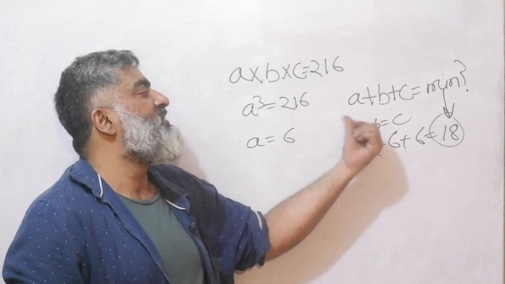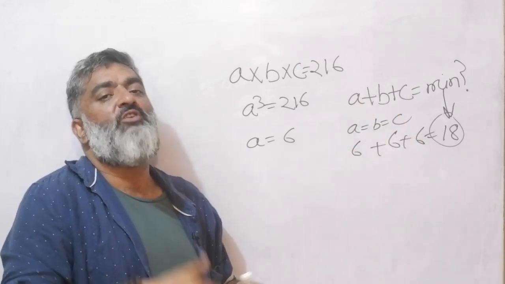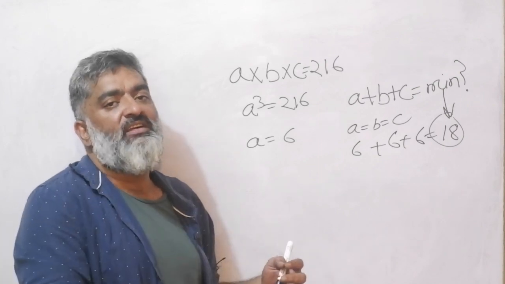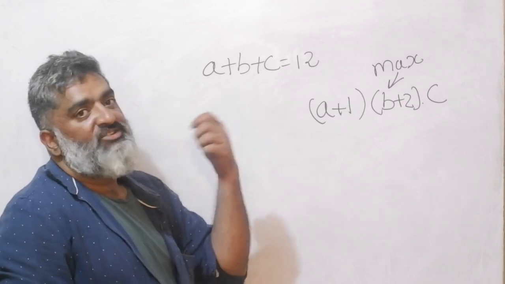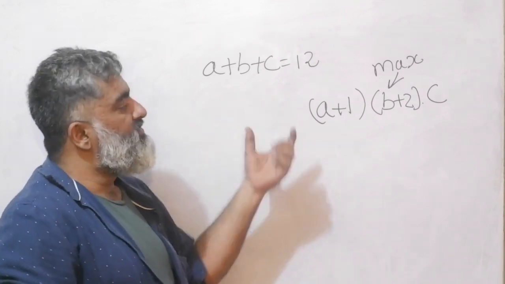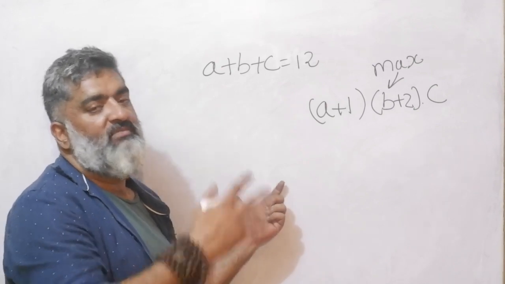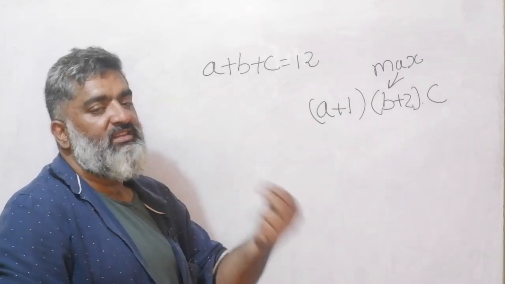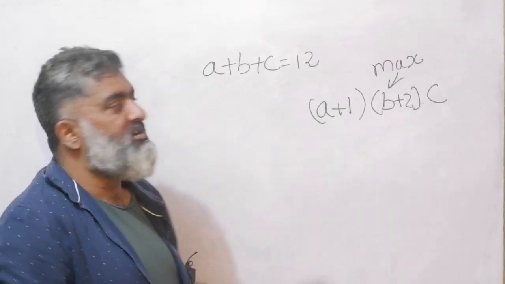If I start throwing in A plus 1, B plus 1, it will get slightly tricky, but then again it will be a game of using an idea and applying it in various situations, as we'll see next. So let's try and apply this story with one more example. Perhaps we have seen an example like this earlier and solved it using AM-GM, our standard method. Let's also try this verbal approach, the variables being equal to each other approach, right?